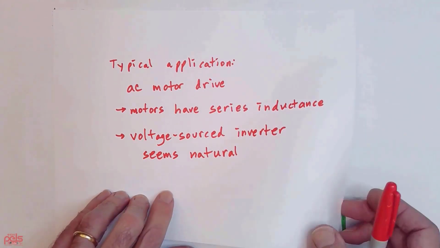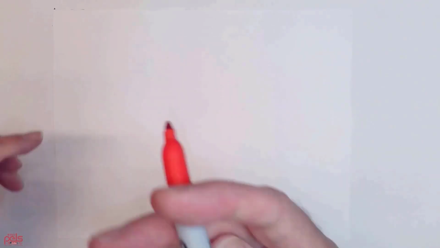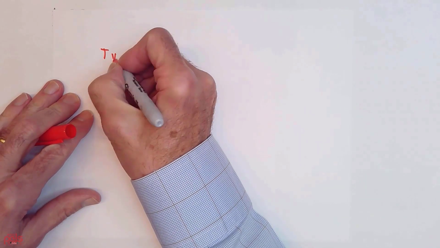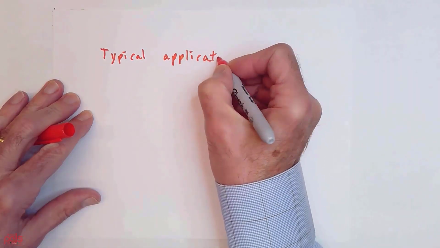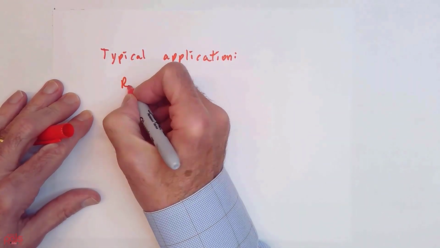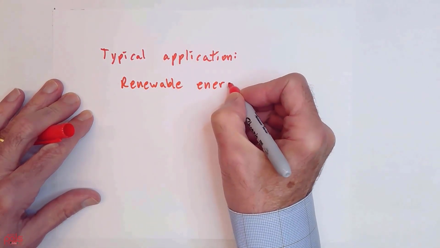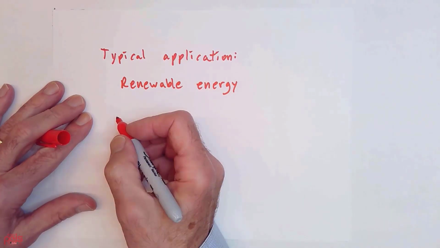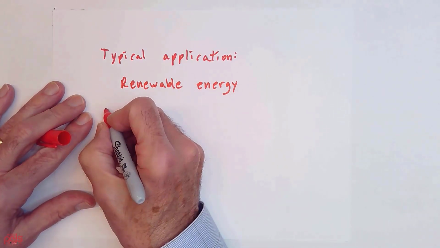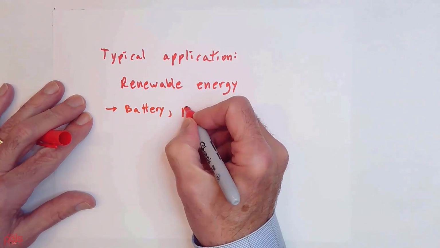Another typical application would be renewable energy or some other grid injection resource, right? So let's put that down as well. Typical application: renewable energy. And in this case, the question is, well, what is my DC side characteristic or source? So examples might be a battery or a photovoltaic panel,